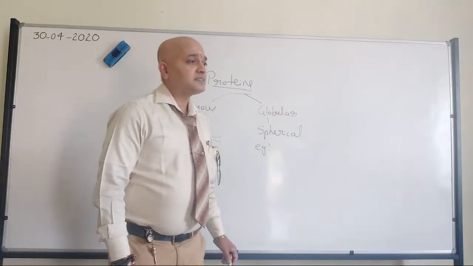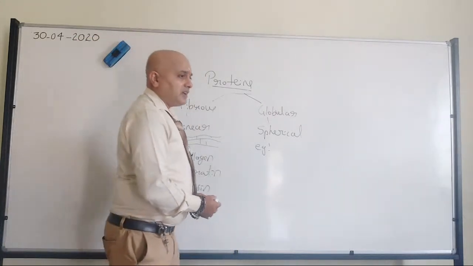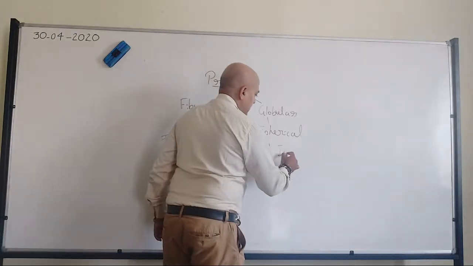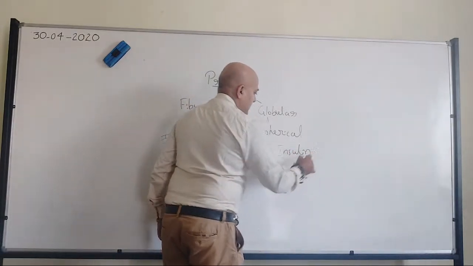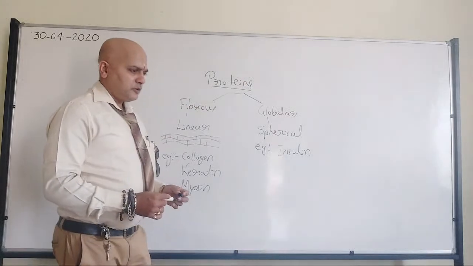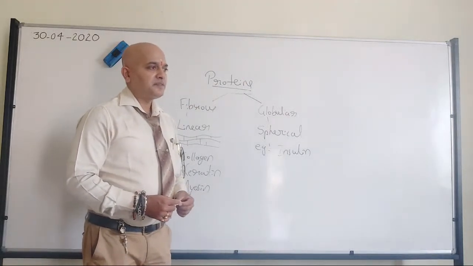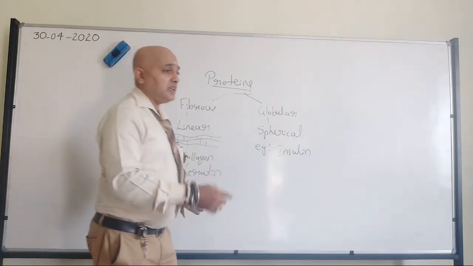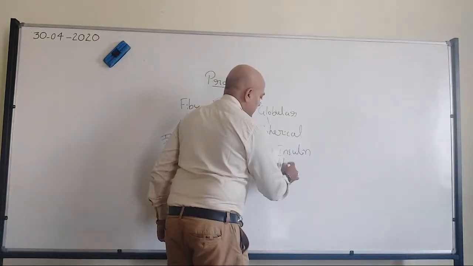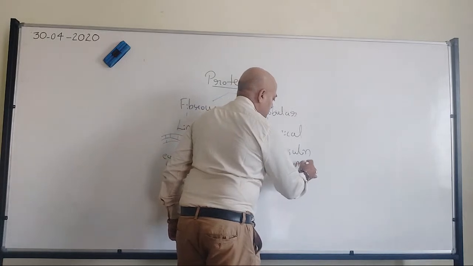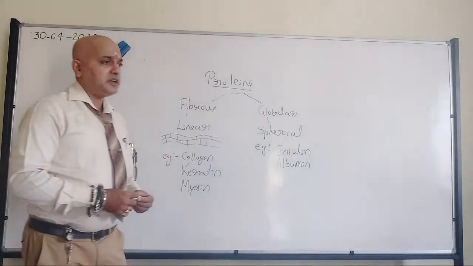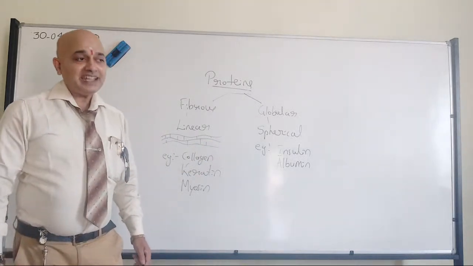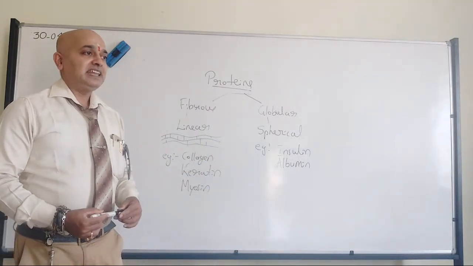Horn, yes. Very good. Insulin, but that one I didn't give as an example. Fine, insulin can be included here. Any other? No, primary I didn't tell. No, Janavi, I am asking about an example for protein. Albumin, even this one I didn't give as an example, but albumin, which is one of the abundant proteins in blood, yes, we can include here. But that one I didn't give as an example. Any other?